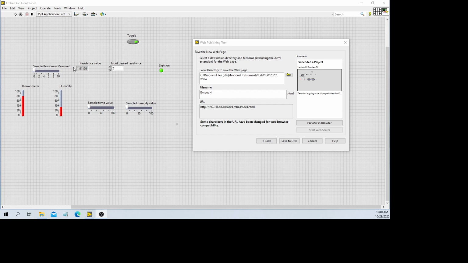This part is the converted resistance value, which has gone through a voltage divider principle, so we could get the actual value of the light. And in here we're going to input the desired resistance, which is measured, and this would indicate whether the light is on or off